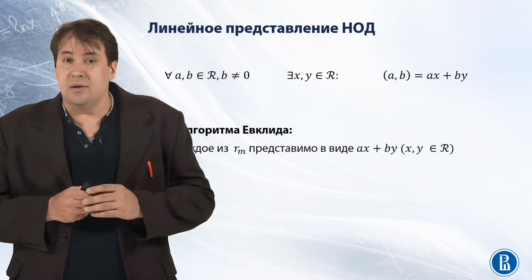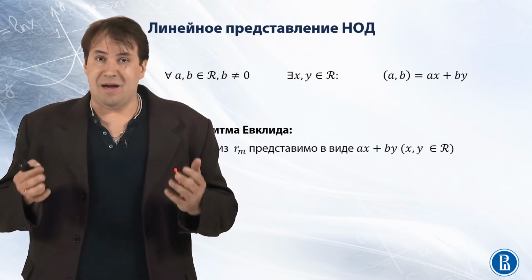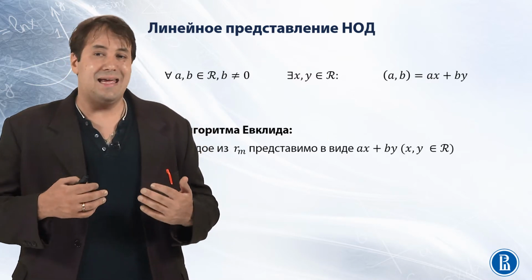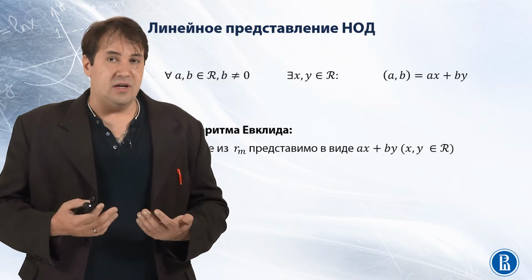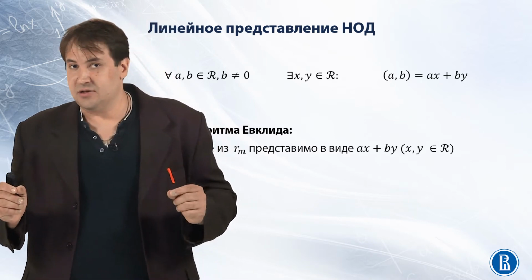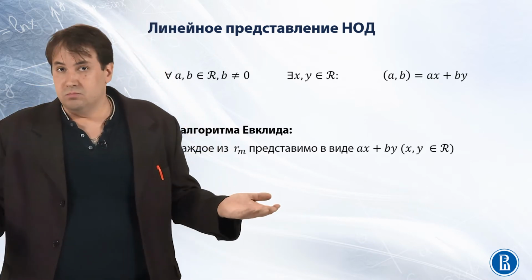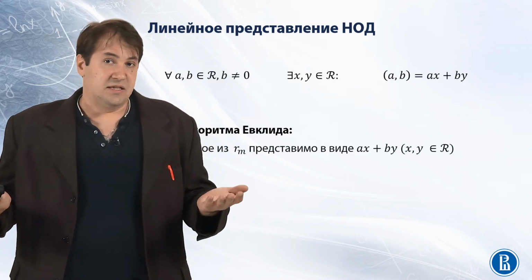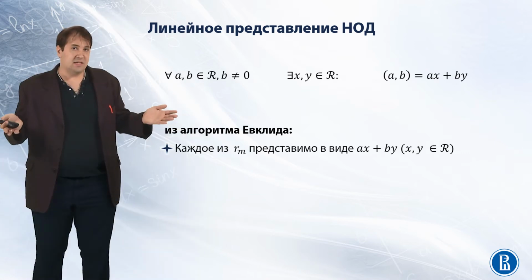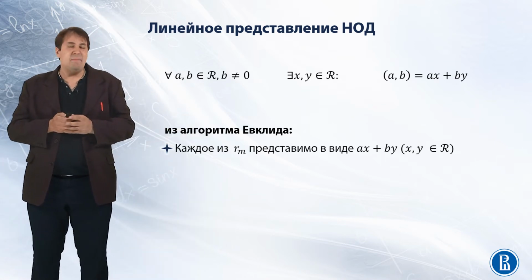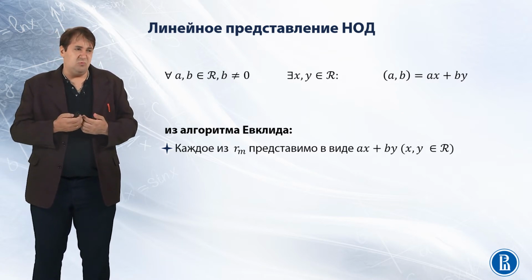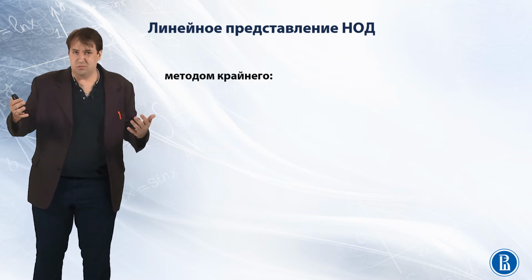Just take a look. We can notice that every remainder in the Euclidean algorithm can be represented linearly through a and b. So, since every remainder can be represented this way, and we know that the greatest common divisor is one of the remainders, therefore the greatest common divisor can also be represented linearly using a and b. This is the end of the proof, but I believe that the Euclidean algorithm is rather large just to prove this